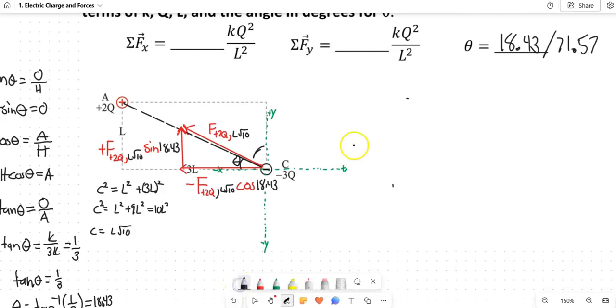Okay. Let's sum the forces in, well, the one force in the x direction, right? And it's going to be this one. So just for right now, I'm going to follow the procedure that I taught you guys. So this is going to be positive 2q. It's pointing to the left, comma, square root of 10. And I'm just going to write cosine of 18.43. So now when I write out this equation,